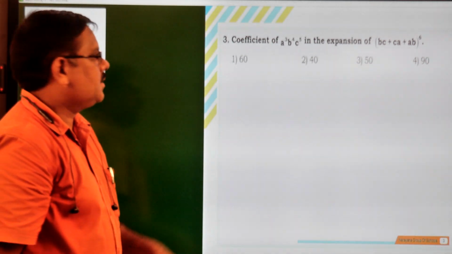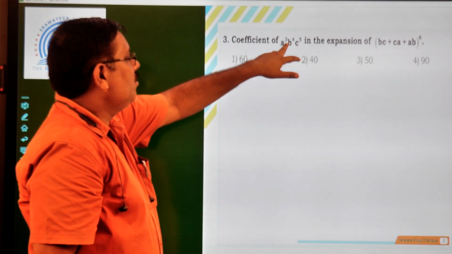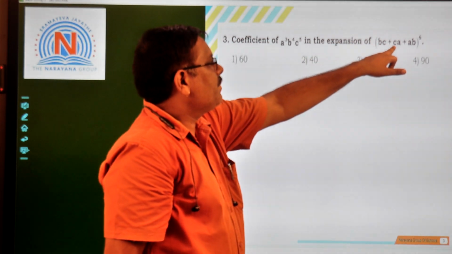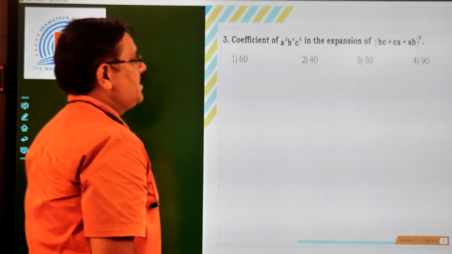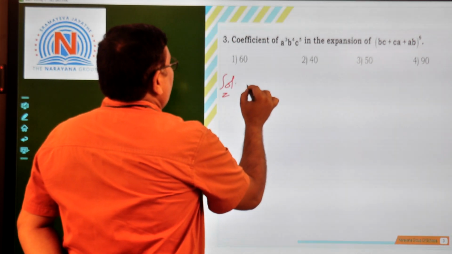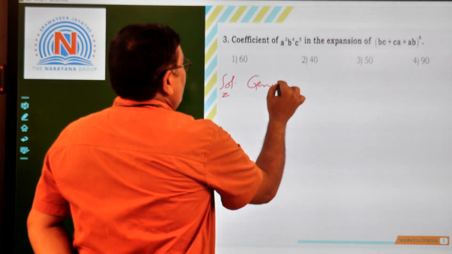The next question is the coefficient of a cube, b power 4, c power 5 in the expansion of (bc + ca + ab) whole power 6. So here also we'll start like this. Let us start the solution. Here also we have to take the general term,